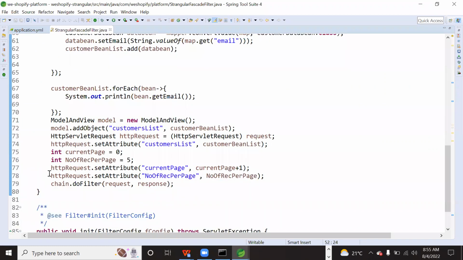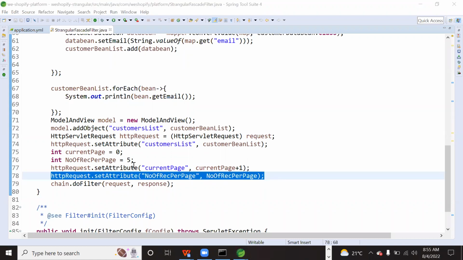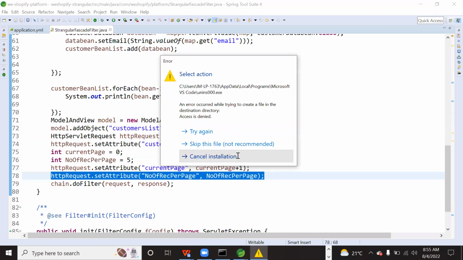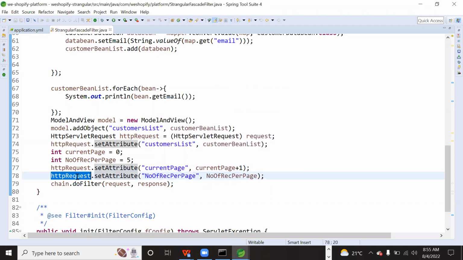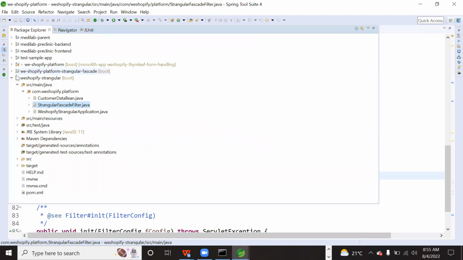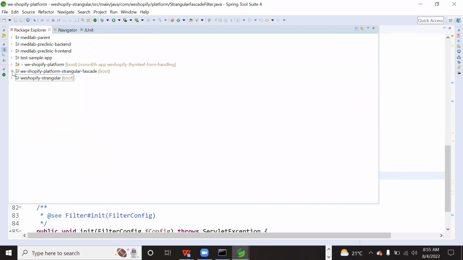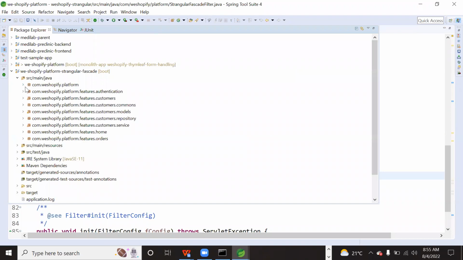If you can see, HTTP request dot set attribute, of course I am here putting it into the request, but we can even put it into a session. Assume we put it in the session. Now the number of records per page we want somewhere. Let's say I want it in the customer module.